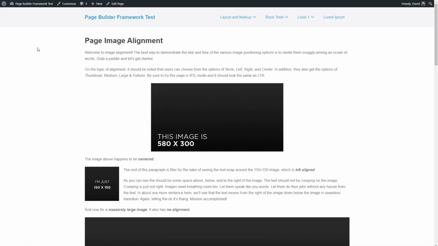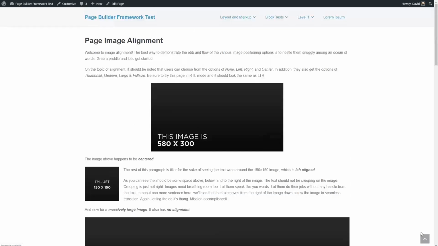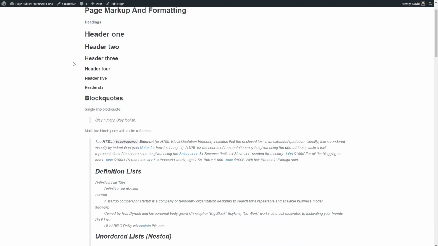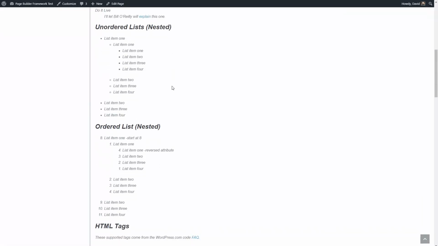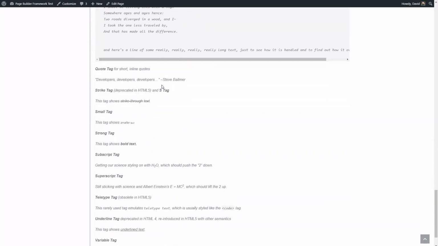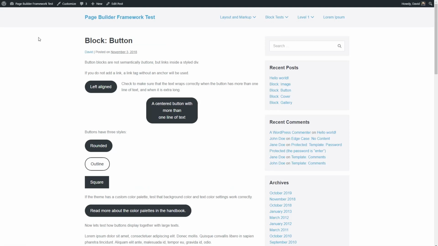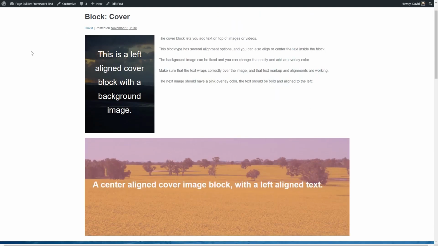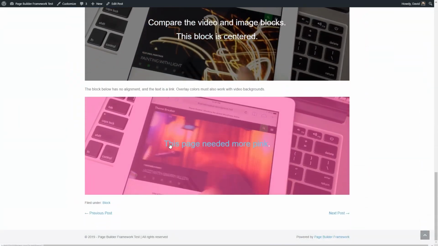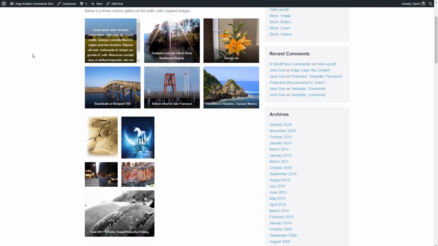This page shows the image alignment, which looks good, and various HTML markup and formatting, headers, quotes, lists, and different HTML tags. Here we have some Gutenberg blocks like buttons, the cover block with a parallax effect, with a video background, a pink overlay, and a link. The gallery block,